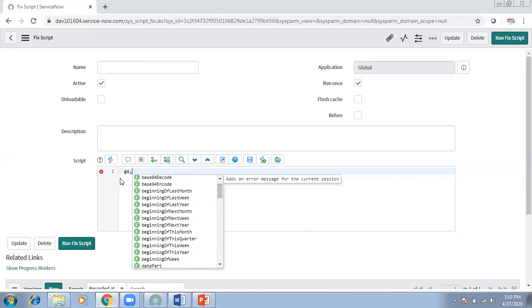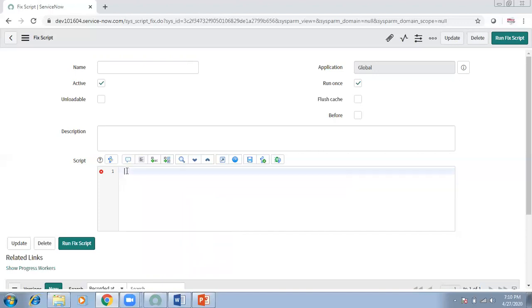So this is one feature of the script editor. Another feature is that you can use double slash to comment, or you can select the code you need to comment and click this first part, toggle comment, and your code will get commented.